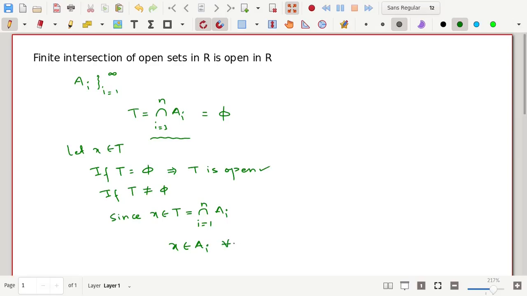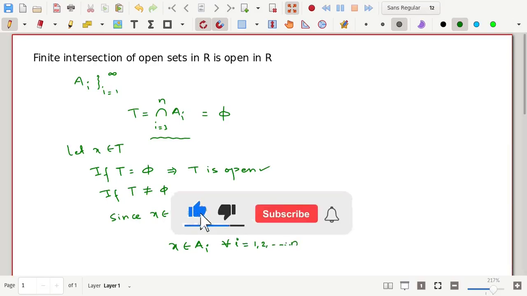For all i, we can write x belongs to A_i for all i. Since x belongs to their intersection, x should belong to all these A_i. For all i means this i runs from 1 to n.